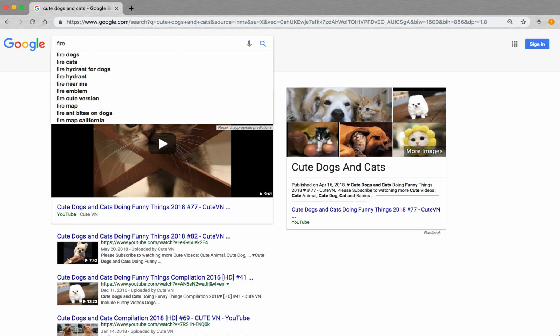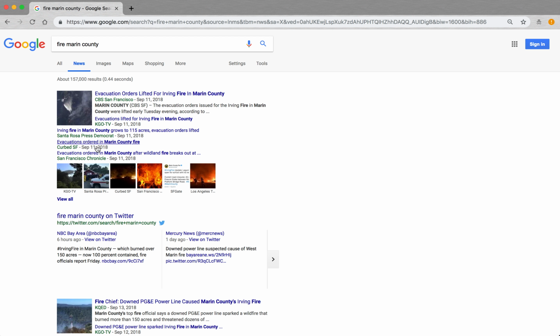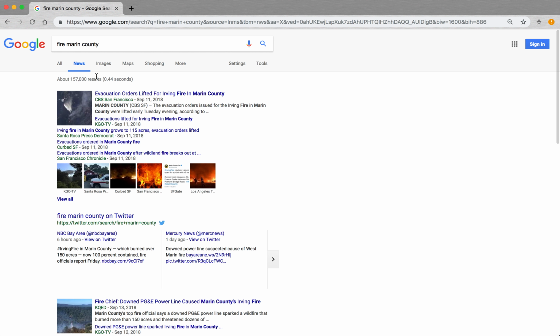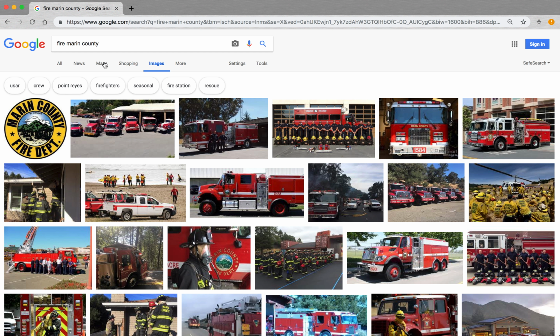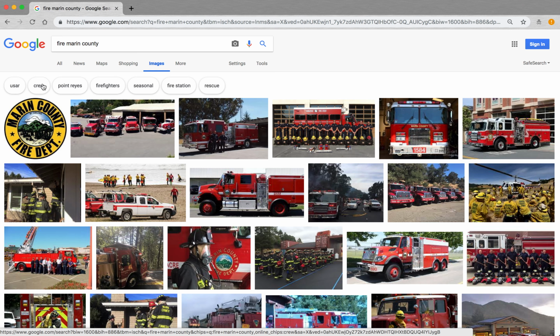If I do fire Marin County, this is a definition of all the fires. There's a little bit of news here, but if I want to find a news article, I click on news, and now all of a sudden it's filtered to news stories about it. Or if I want to do images, this isn't about a specific fire. This is like the fire trucks or fire departments of Marin County.